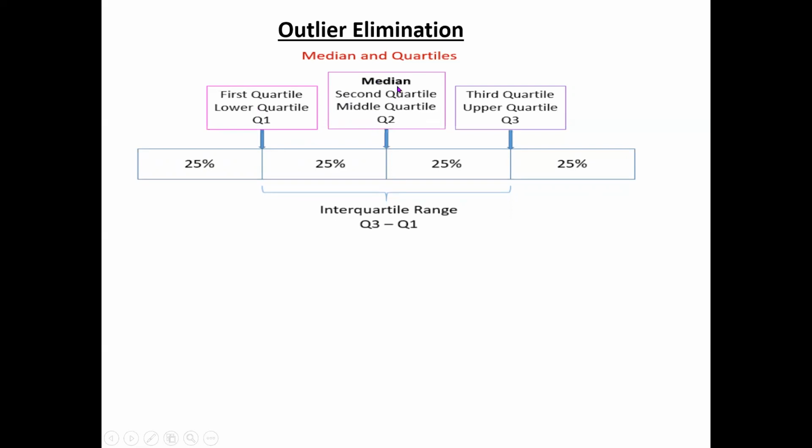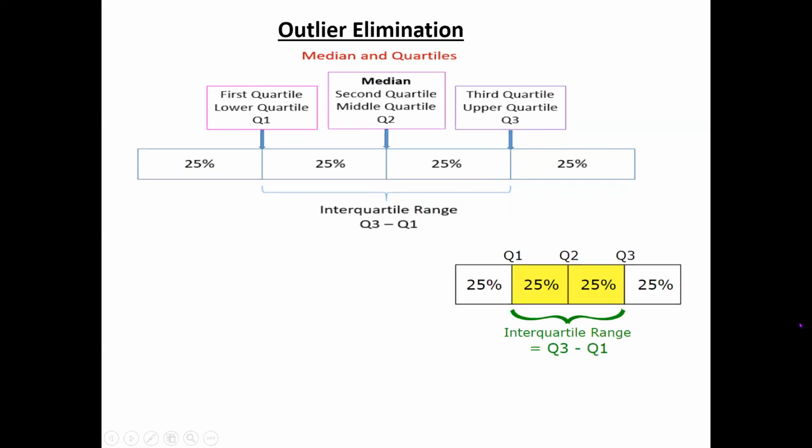That's why it is the median. And after 25th, that is after 75%, we call it the third quartile. Okay, and interquartile range is nothing but the Q3 value minus Q1. Okay, this is the summary: Q1, Q2, Q3, Q3 minus Q1.